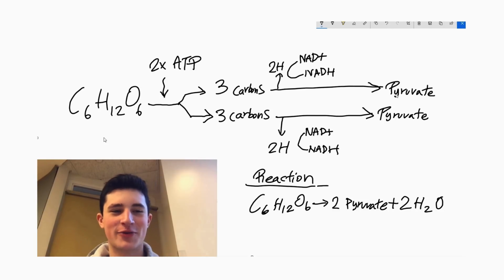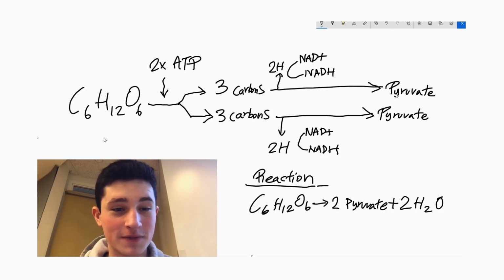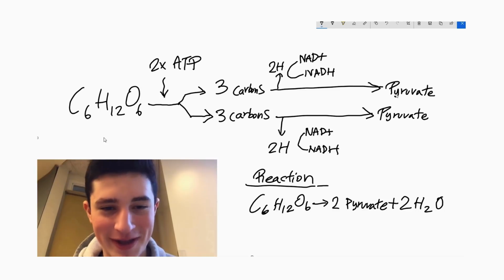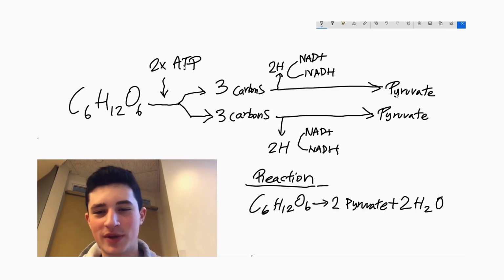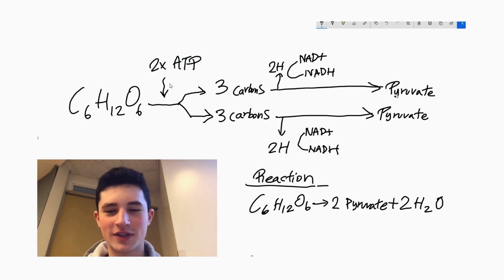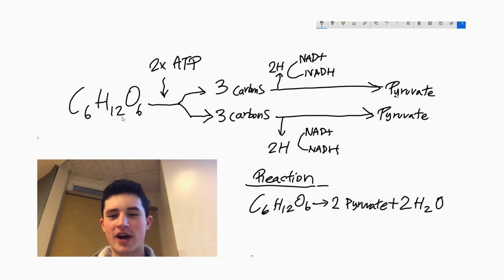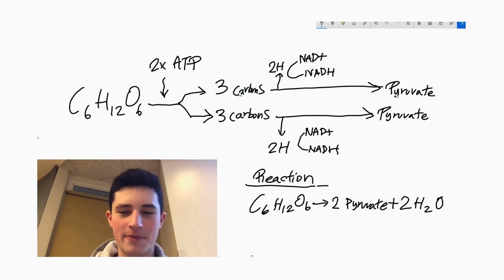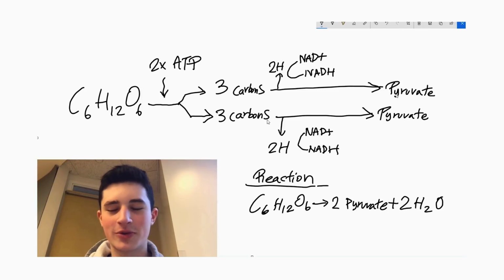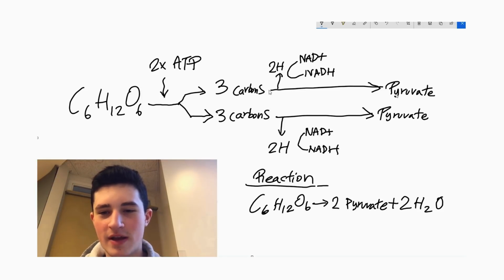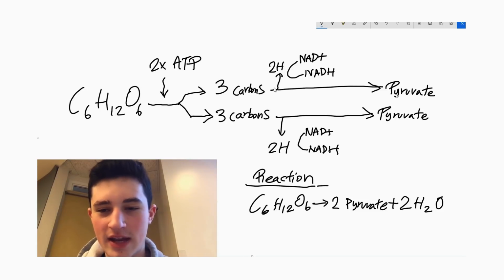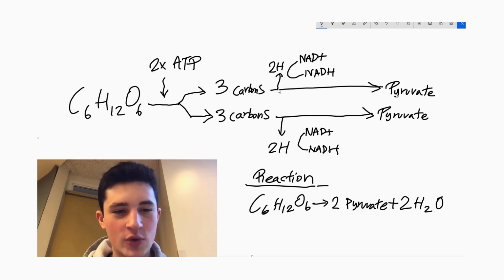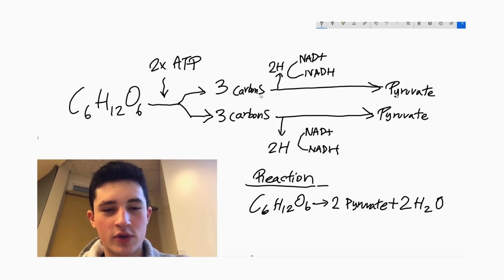The first step of cellular respiration is glycolysis, the simplest part to understand. It starts with 1 glucose and uses 2 ATPs. The 1 glucose, C6H12O6, is broken down from a carbon chain of 6 into 3 carbons. Two of the same reactions happen to create 2 pyruvate. I'll describe one of the reactions, but keep in mind this happens twice. The 2 ATPs separate the 6 carbons from the glucose into 2 groups